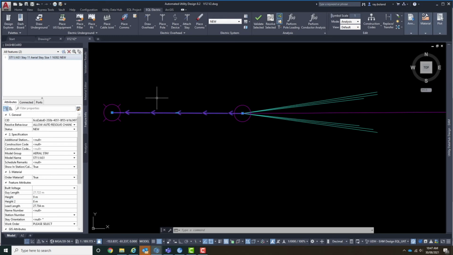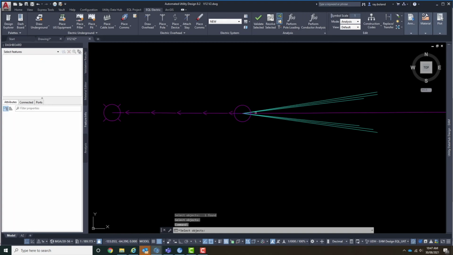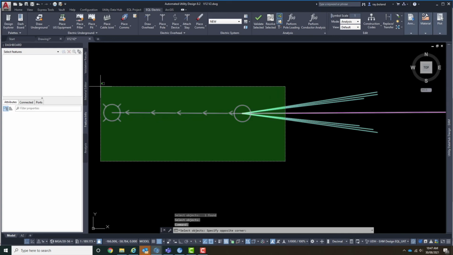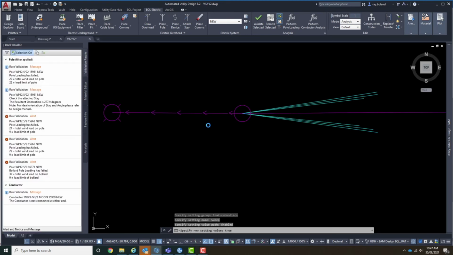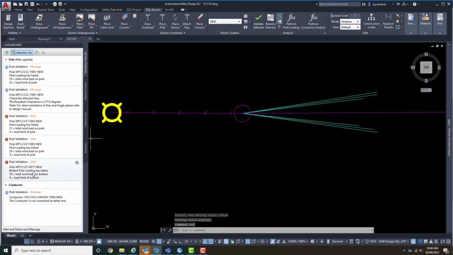I just chucked a pole in. I certainly haven't put a proper bollard pole in that. Then if we select it all and do our pole calculations, it does the calculation, but it also transfers the tip load from the main pole to the bollard pole.